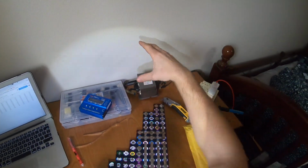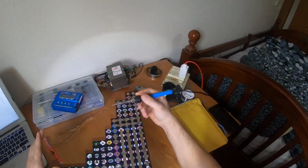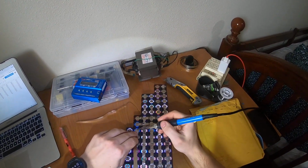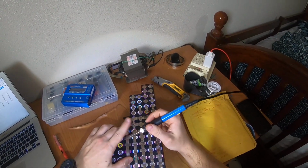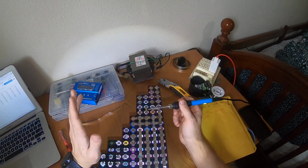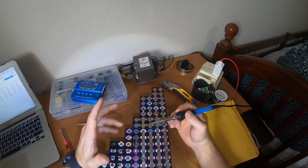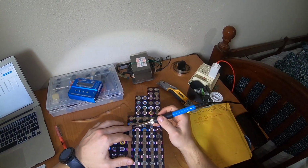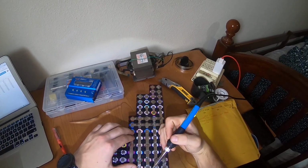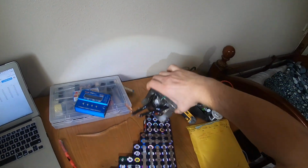So we have two ways. We can use a soldering iron and nickel strips, and then we weld it. But it's not good for the battery, because if you overheat your battery it can die, because inside there is lithium-ion and something wet, if you overheat, you know what I mean. That's why I use